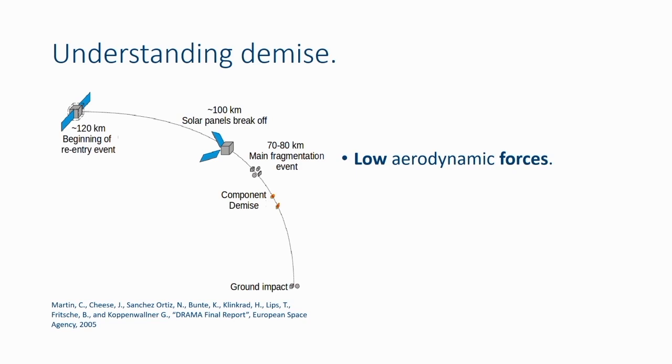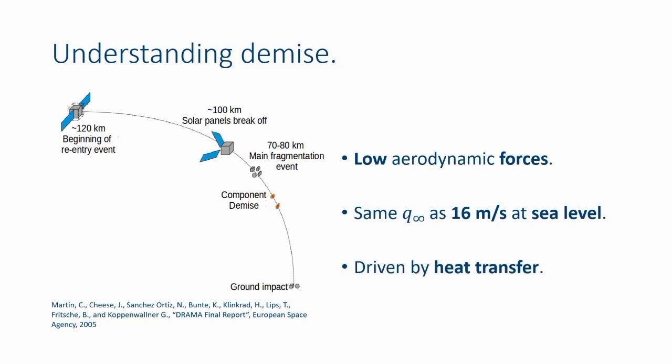So our density is so low that it's equivalent to moving at 60 meters per second at sea level, right? Our dynamic pressure is about the same as moving at 60 meters per second at sea level. So therefore, it's not insane to claim that maybe this fragmentation is largely driven by heat transfer to the body, right? So people who have experienced hypersonic aerodynamics will be thinking, well, there are millions of correlations for heat transfer